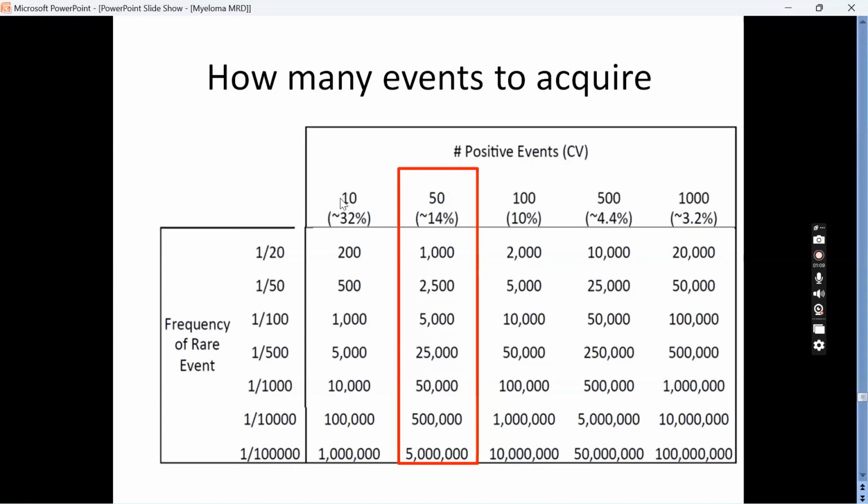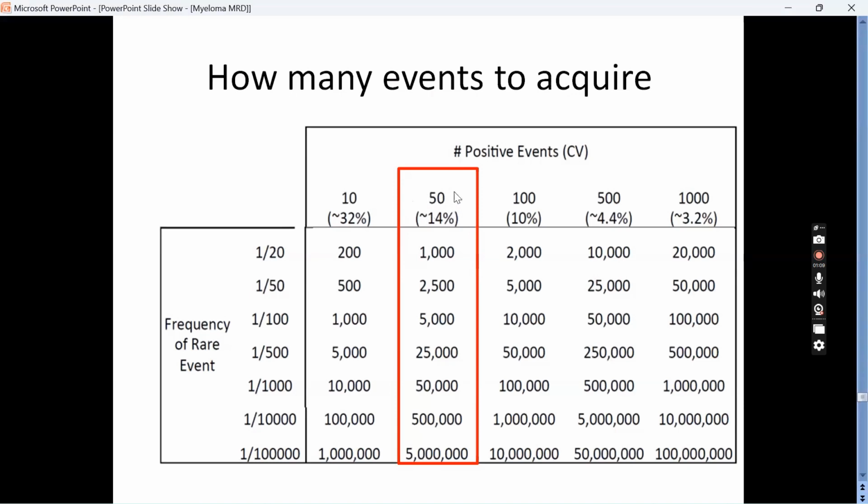If I have only 10 events in the abnormal myeloma gate, these 10 events may be really myeloma events, or it could be some stray events or junk events coming to that gate. So you're not confident. But when you have 50 events, the chance of junk events or stray events to form 50 events in the disease gate, which means those events showing an abnormal phenotype with respect to multiple myeloma markers and are kappa or lambda restricted,